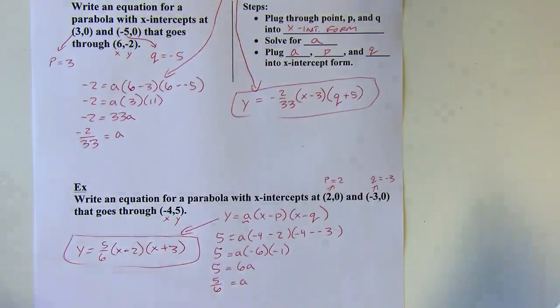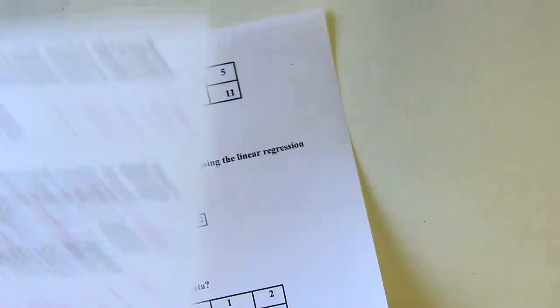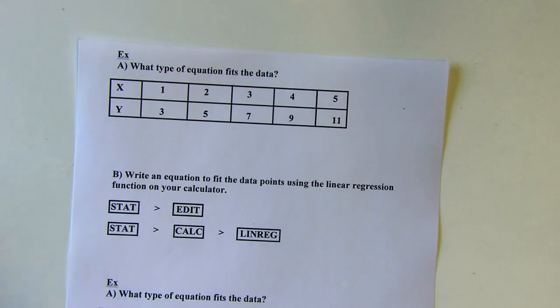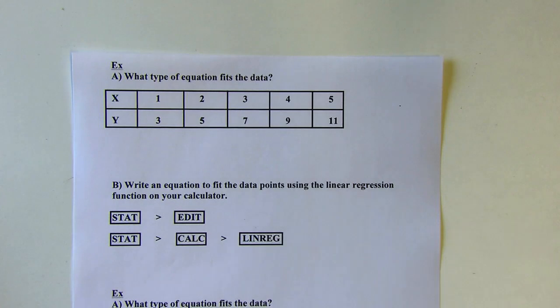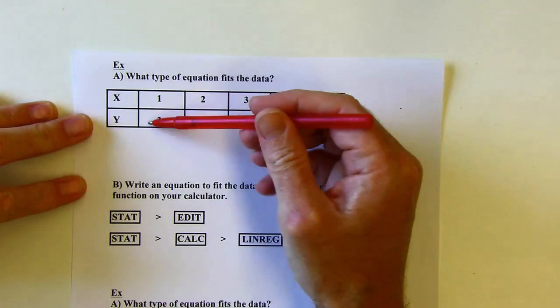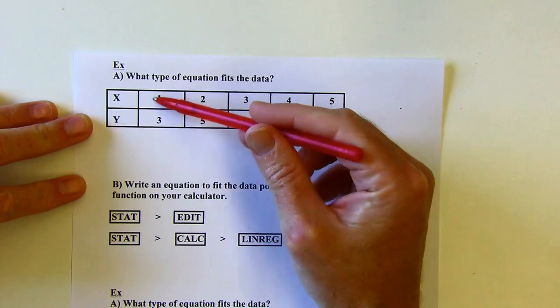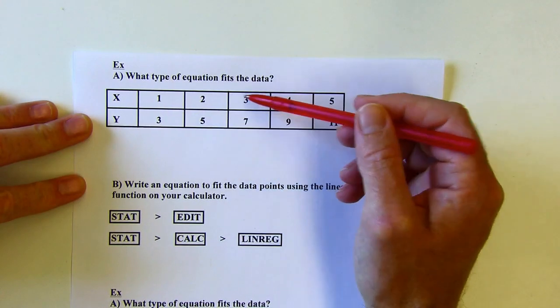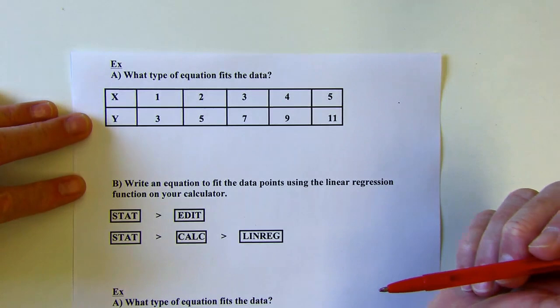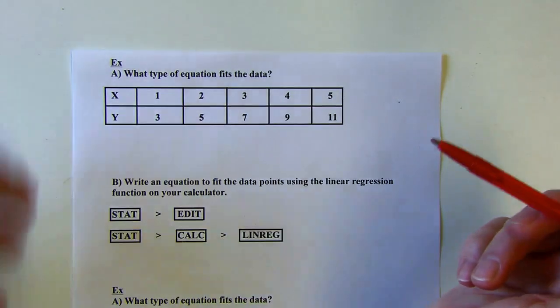Okay, on to the next page. Okay, here we've got an XY table. And remember that these are just ordered pairs. So the 0.13, the 0.25, the 0.37, and so forth are going to be on this function, whatever it